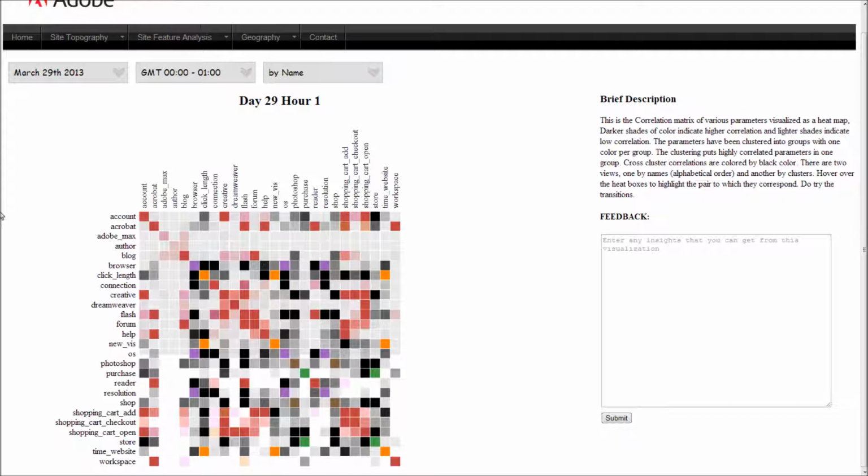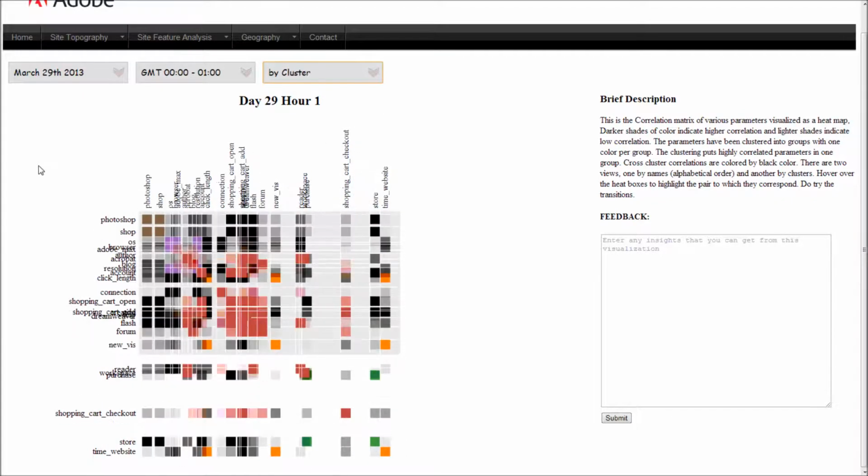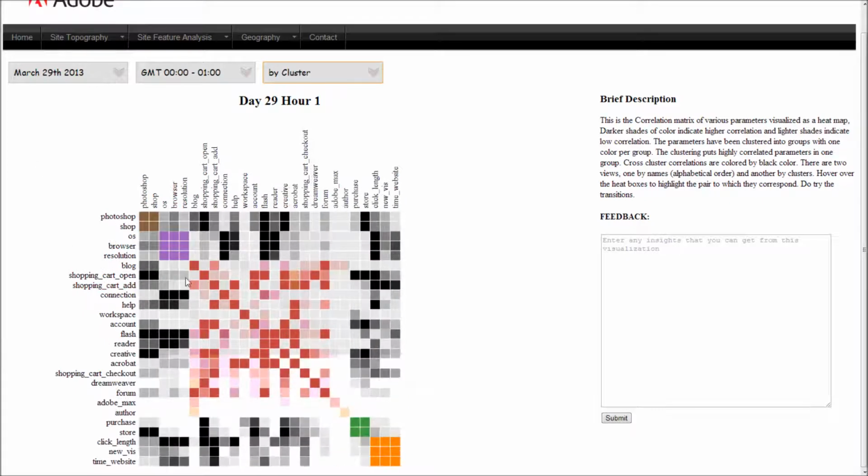And then we created this association matrix using an entropy based measure and came up with such a heat map of the matrix. We then use this matrix as a distance matrix to create clusters again, and as you can see, it forms very coherent clusters. You can see a very large cluster over here in red color of sections of the website that were visited together, like shopping cart open, edition, health, workspace, and you can see a very strong cluster of OS, browser and resolution over here, meaning these three are very highly associated.